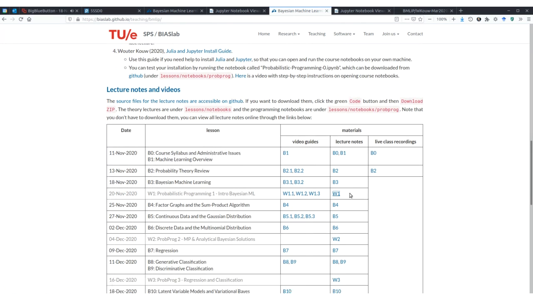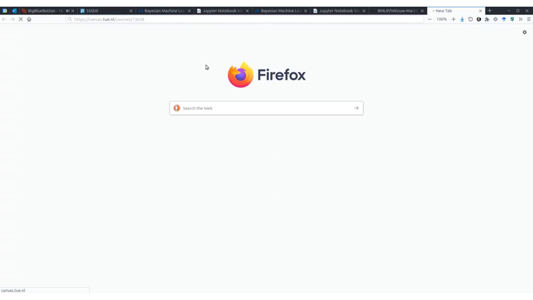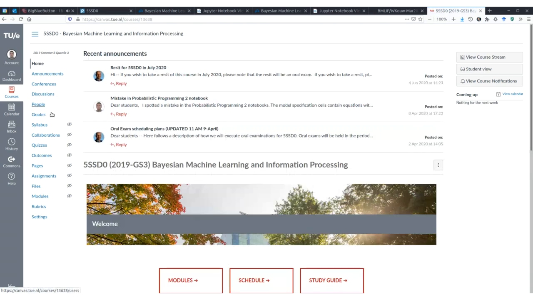Right, so if you get everything up and running on your own machine and you've looked at all of the lectures, then on Friday we will be going through parts of the lecture notes that you would like to be explained a bit more. So I'll be running things locally. And after the lecture on Friday, I will make the first probabilistic programming assignment available. So they're not available at the moment, but they will be made available.